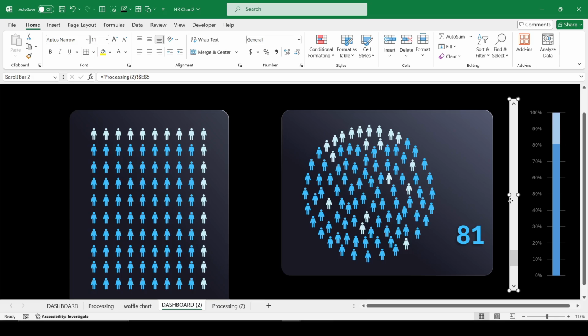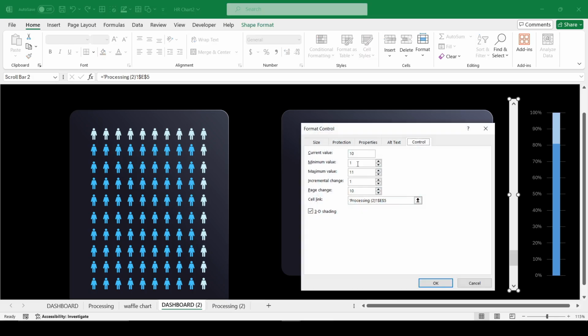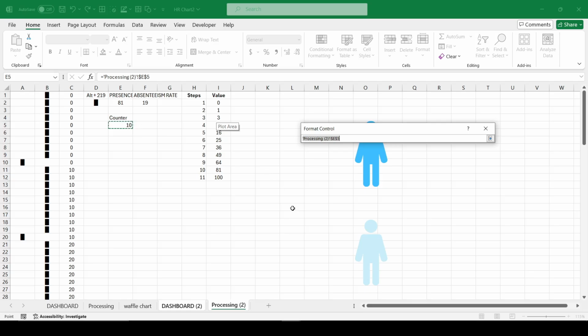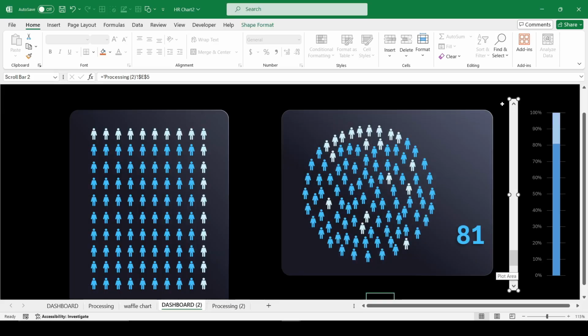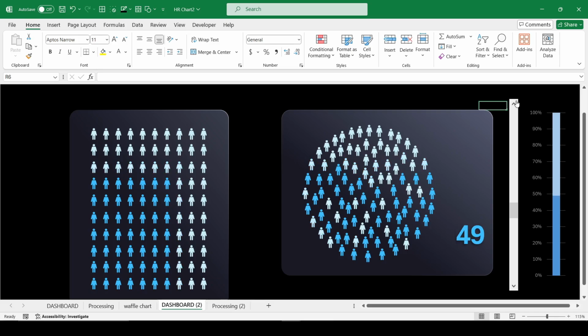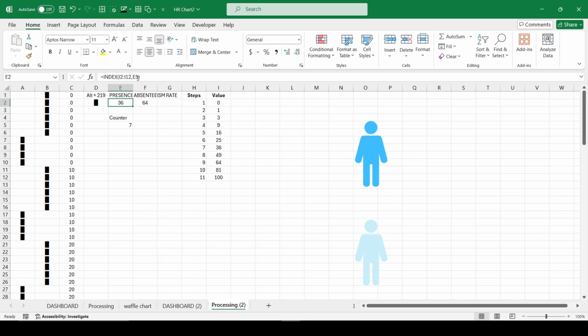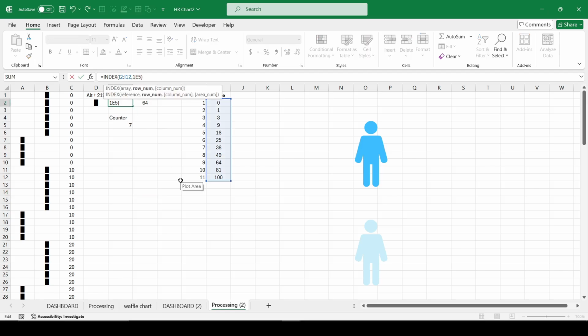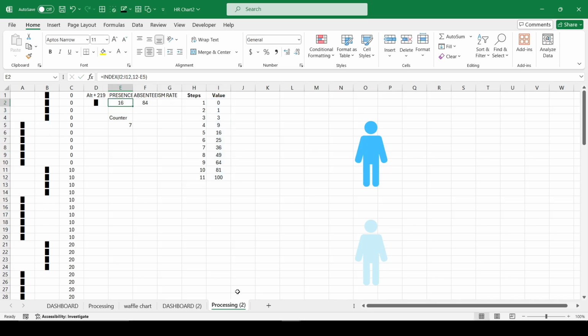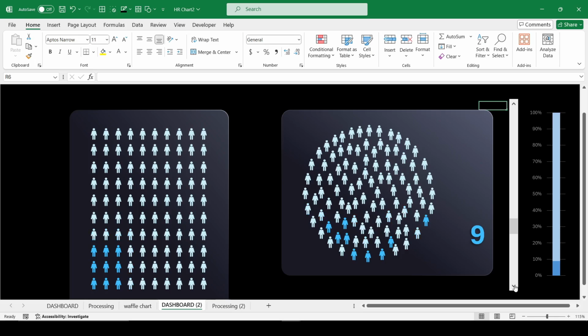In the scroll bar parameter settings, change the minimum and maximum values, and check the link. Test the new method's functionality.